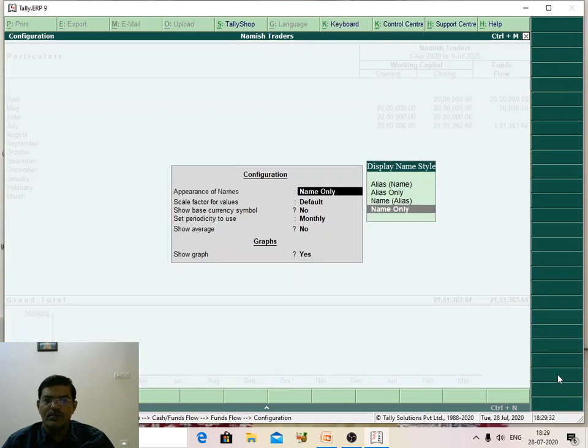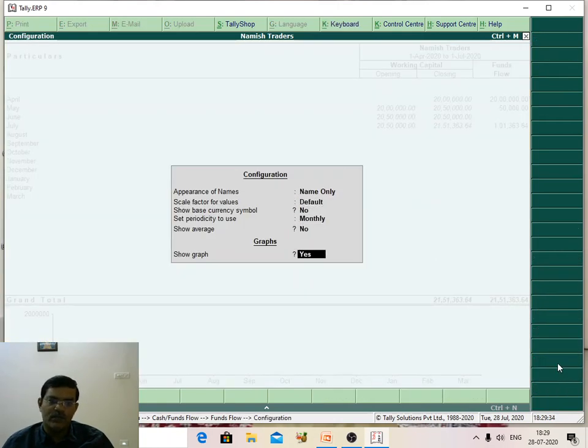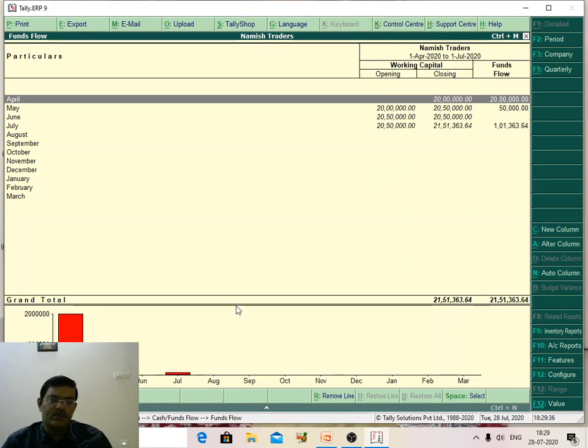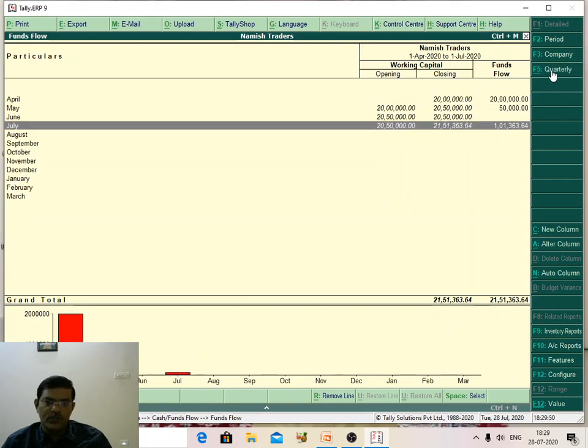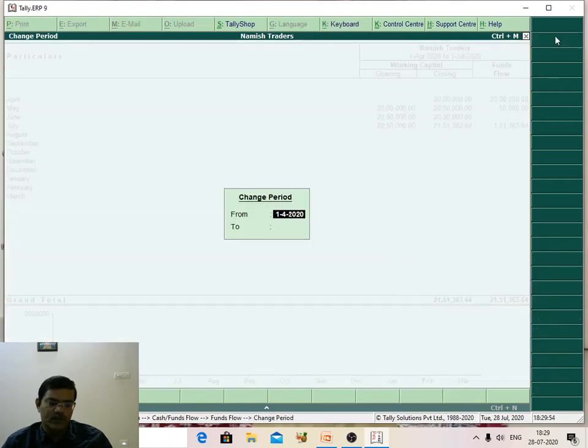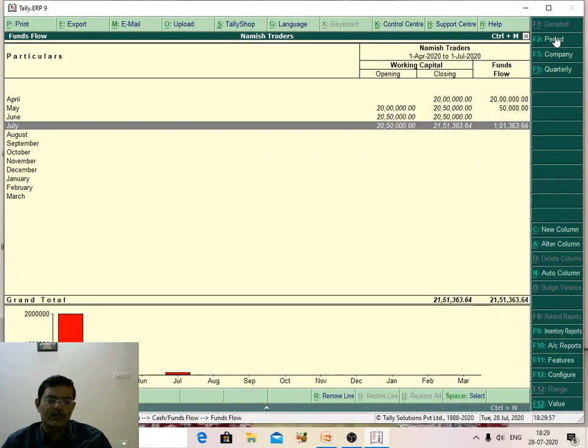You can use the company features name wise, monthly wise, or periodic wise. Tally also provides monthly graph representation for the fund flow statement and the cash flow statement. If you want quarterly, you can use the quarterly statement. If you want monthly, you can use monthly. If you want any interval, we can use an interval period also, as per your company requirements. So this is the path to know the cash flow and fund flow statements.